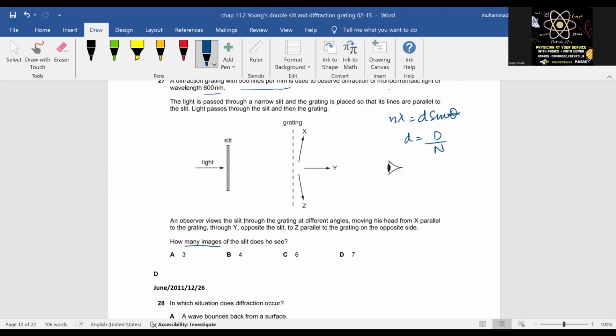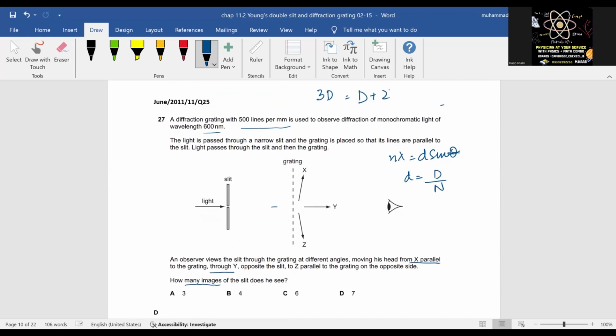अच्छा, अब एंगल का फड्डा है। उसने कहा कि द ऑब्ज़र्वर व्यूज़ द स्लिट थ्रू द ग्रेटिंग एट डिफरेंट एंगल्स, मूविंग हिज हेड फ्रॉम एक्स पैरेलल टू द ग्रेटिंग थ्रू वाई, ओके? तो इसका मतलब है कि वो बेसिकली ये पूरी चीज यहां से लेकर यहां तक कंसिडर कर रहा है। एंगल कितना हुआ? 90. आ गया, बेहतरीन।